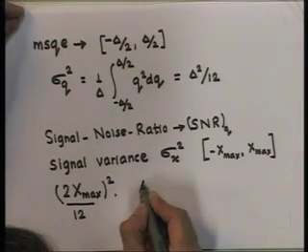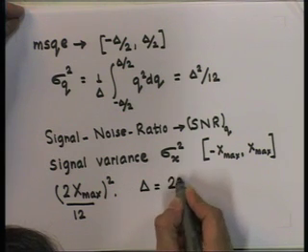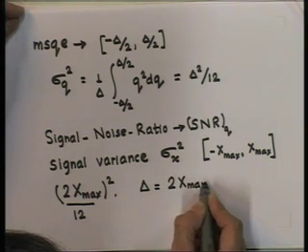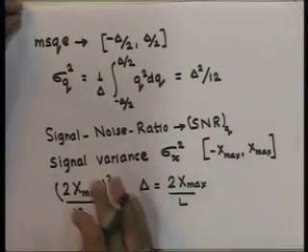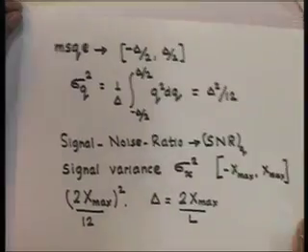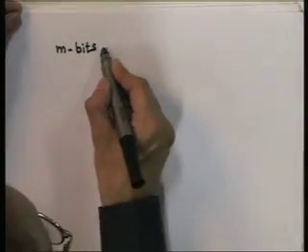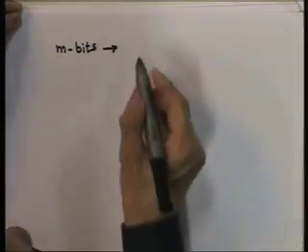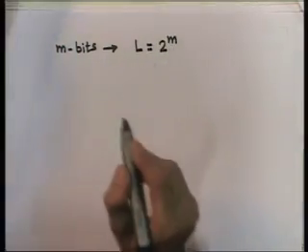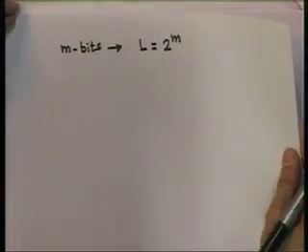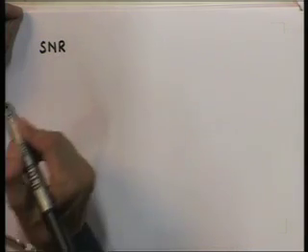And we also know that delta is equal to twice x max upon L. Now, for the case where we have used a fixed length code with each code word being made up of m bits, the number of code words or the number of reconstruction levels L is equal to 2 raised to m. So, given this, we can calculate signal to noise ratio,